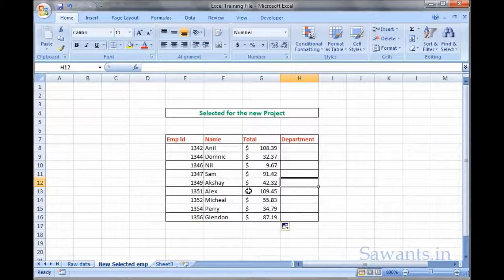Okay, I got the total as well. You can try the VLOOKUP formula. Further, I will teach you the advanced level of VLOOKUP formula. Okay, in advanced level of VLOOKUP formula, the thing is that